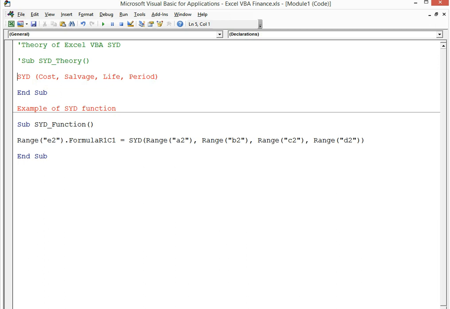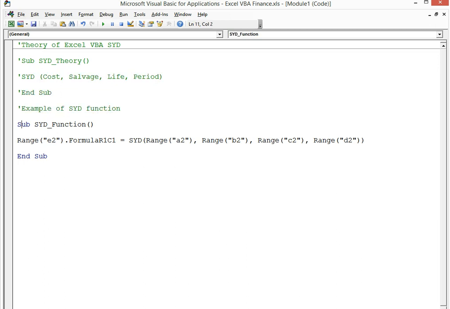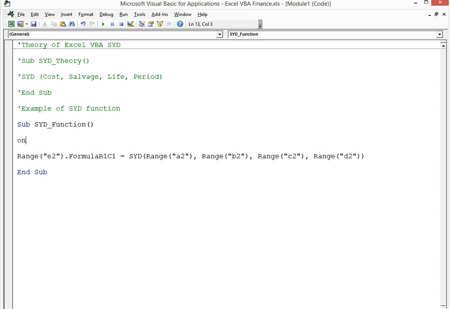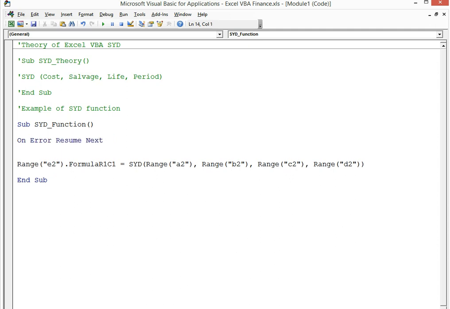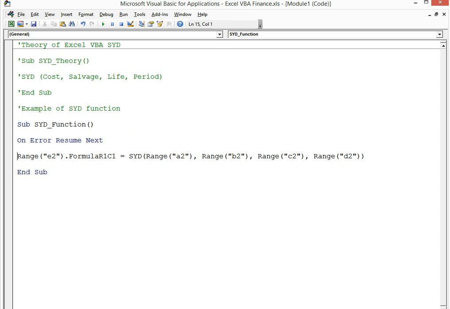For the theory statements, I'm going to comment them out with an apostrophe in front of each line, which leaves us with the code. So you can see here, I've got Sub SYD_function, open bracket, close bracket as my macro name. Underneath you've got the code. It's always good to put an error handling, On Error Resume Next, just for any teething troubles,